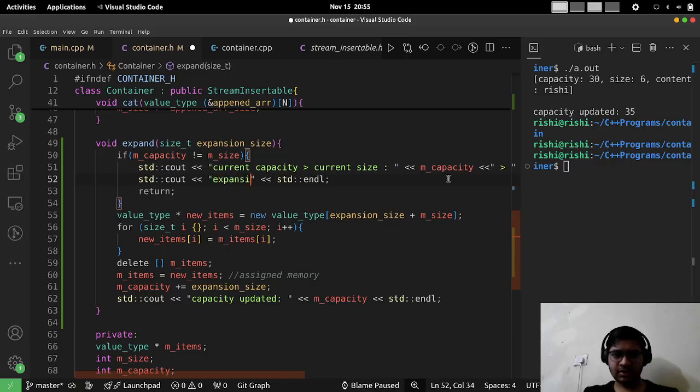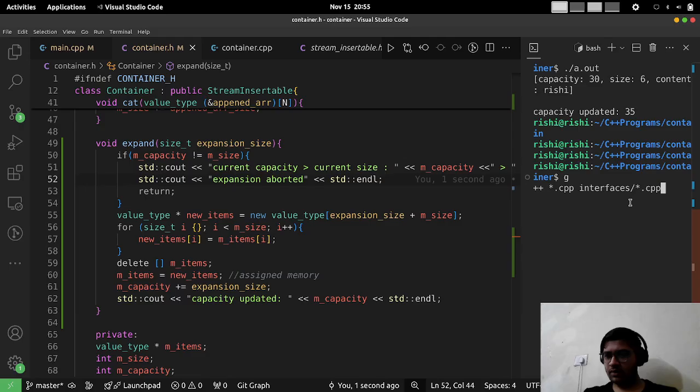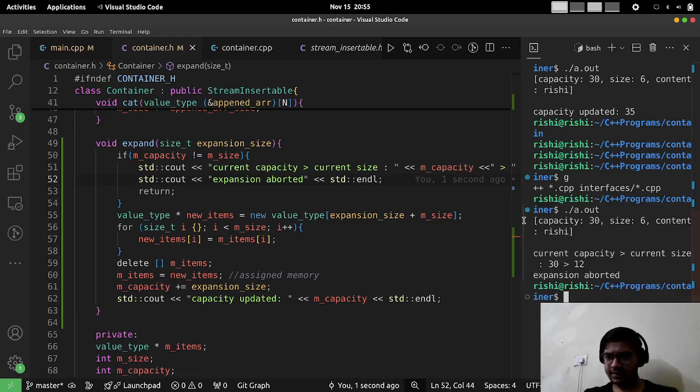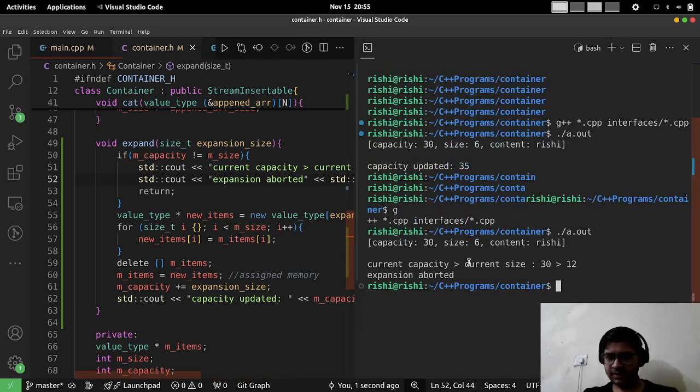Expansion aborted. Cool. And now if we run this, and we don't want to run this heavy operation for no reason,